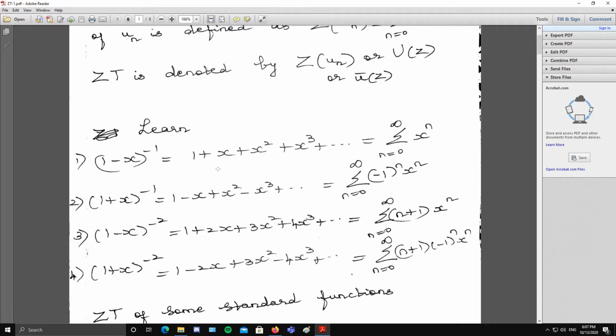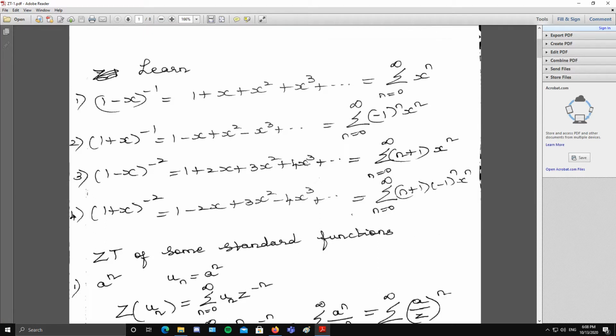So remember this formula, you will be using it in problems and properties. You should remember all the three. You should know to get one from the other. If you have summation x^n, you should know to write these two. If you have (1 minus x) inverse, you should know to write the other two. So you should know to get the series from summation and summation from series.